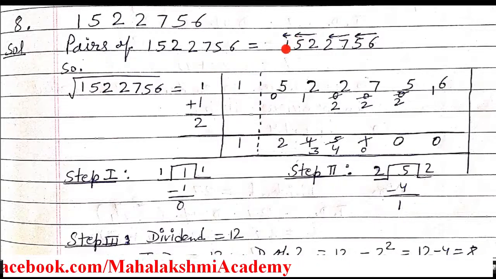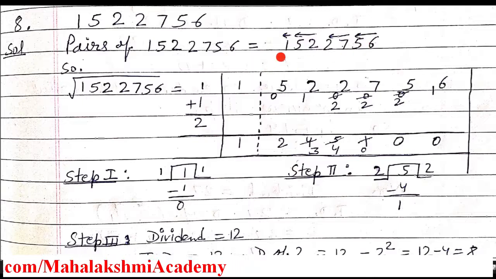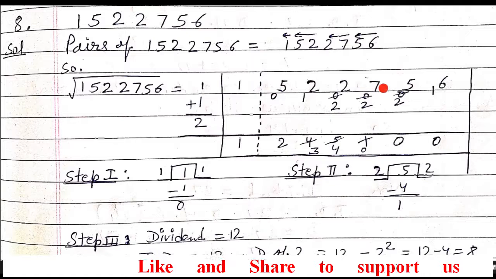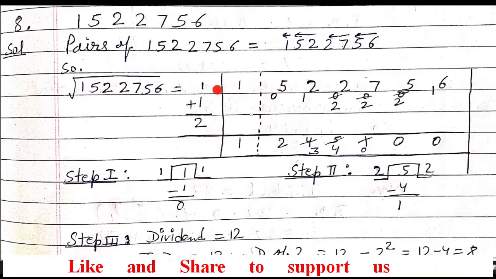Now we'll enter all these digits from the second column onwards. The first pair you just write down in the second column. In the first pair we have only 1, that's why only 1 is written here. After writing the first pair in the second column, write all the remaining digits in the third column, leaving some gap.